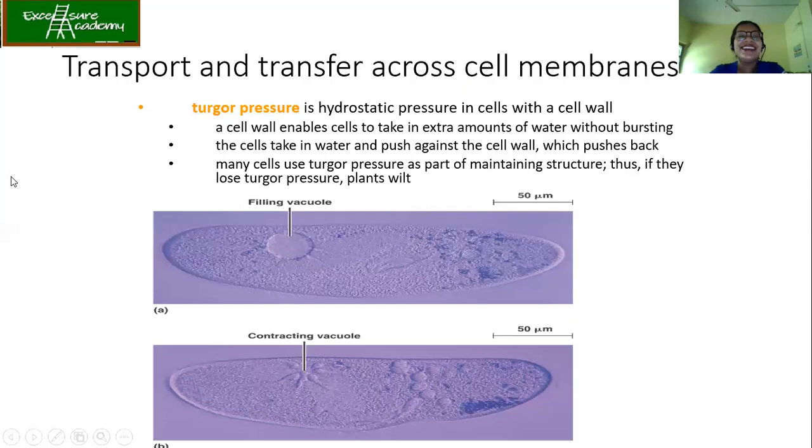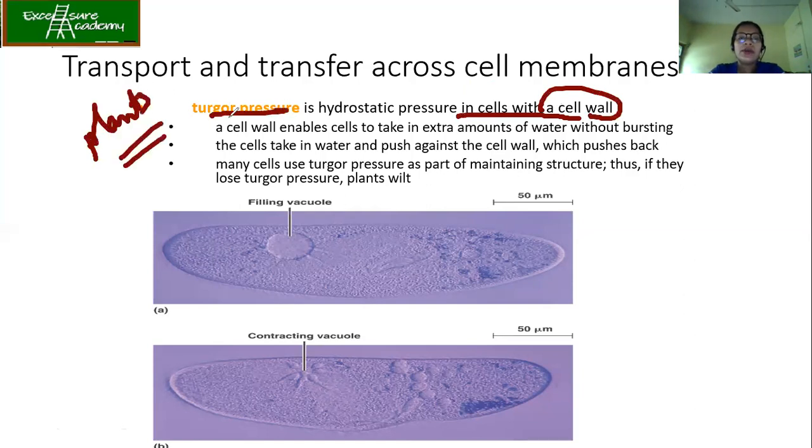Now, about the turgor pressure, I already mentioned. So it is the hydrostatic pressure in the cells within the wall. So here we are talking about the plants. Okay. So when we talk about turgor pressure, it is with respect to the plant cell. So if you see over here, in a plant cell, there is a vacuole. Now in the plant cell, you know that the vacuole is the largest occupying organelle, correct? So it occupies the gases, excess water, everything.